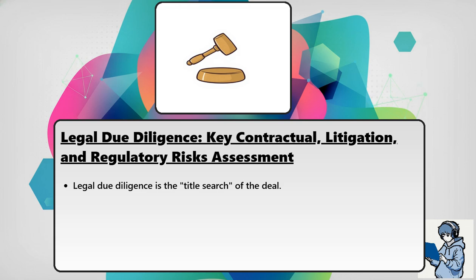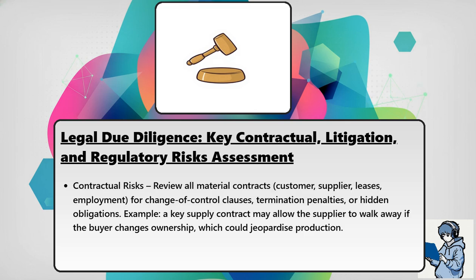Legal due diligence is the title search of the deal. It looks at three main risk buckets. Contractual risks: review all material contracts, customer, supplier, leases, employment, for change of control clauses, termination penalties, or hidden obligations. Example: a key supply contract may allow the supplier to walk away if the buyer changes ownership, which could jeopardize